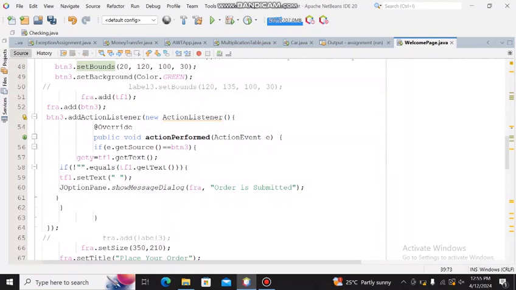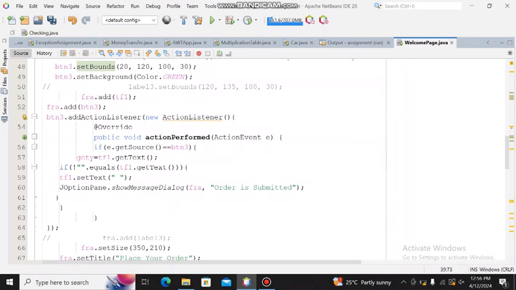We are getting the text inputted in this text field 1 and putting it into this variable. Here we are setting the condition: if not empty, equal text field 1 dot get text. If the value inputted in text field 1 is not empty, then text field 1 dot set text means that the text field will be emptied after entering